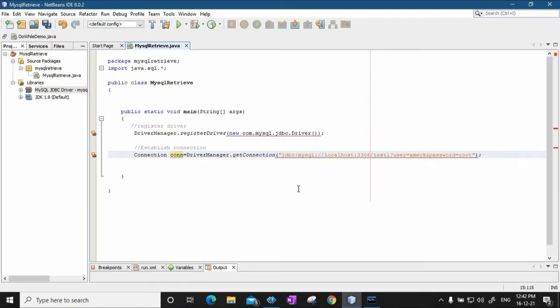So this one line here is going to register the connection. Now one more thing that I forgot to tell you is, these registerDriver and getConnection methods, if there is an exception, the throwing mechanism is required, and that's why they are showing errors. So for public static void main, you should always write throws Exception. Next, after establishing a connection to the database, if the connection is successful, it will print a message.